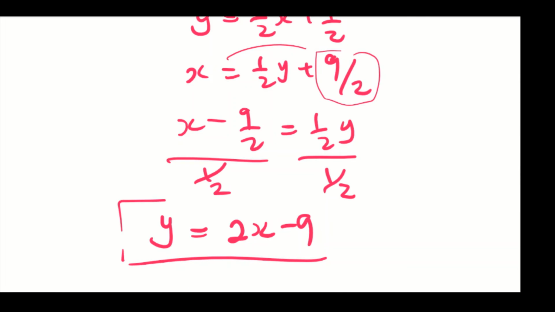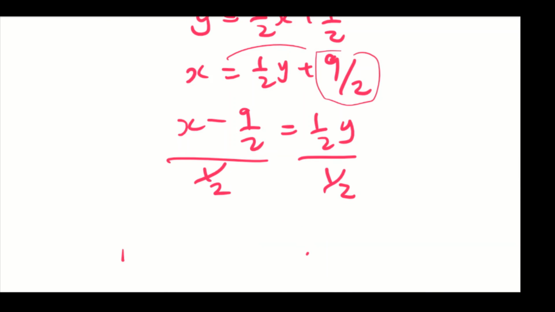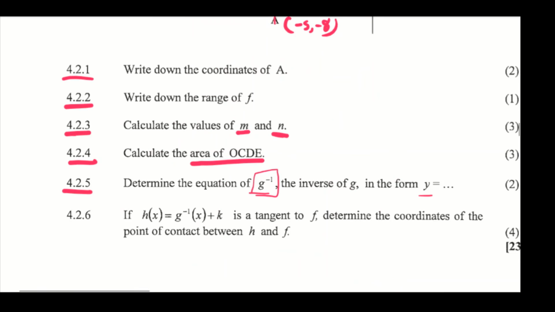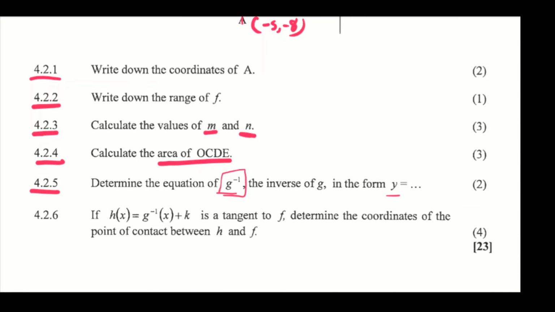So this would be your inverse of the function, which is 2x minus 9. So let me just write this 9 properly here. So it's going to be y equals 2x minus 9. So now